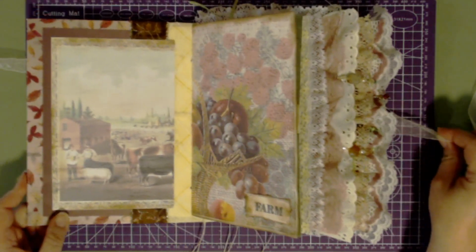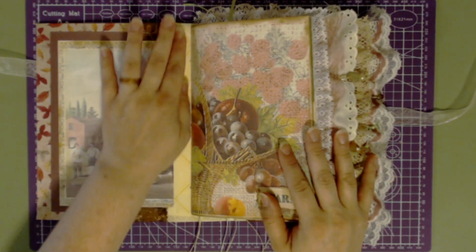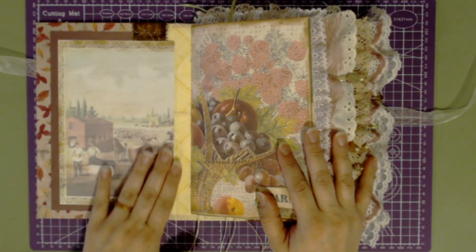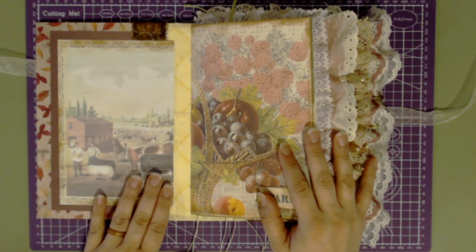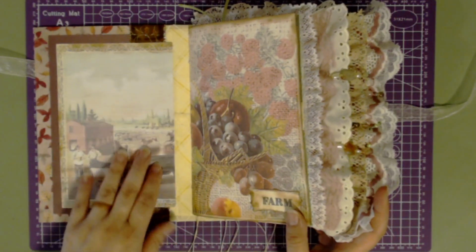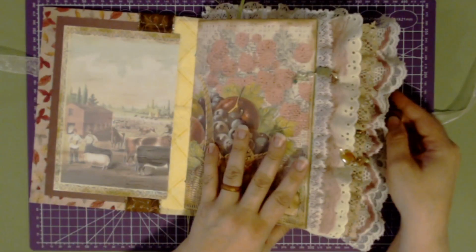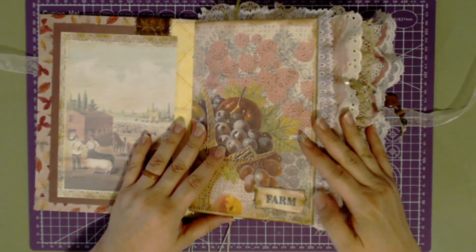So this is the inside cover, and it lays flat. This is one of the pages from the Farmer's Wife digital kit, and I just split it down the middle and then put one side here in the front and the other side in the back. So this signature is farm,